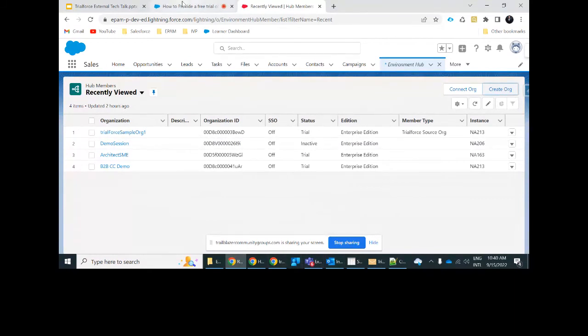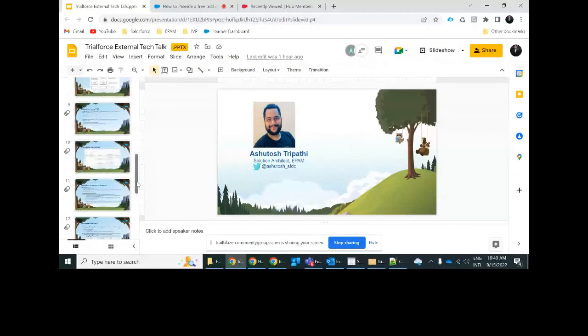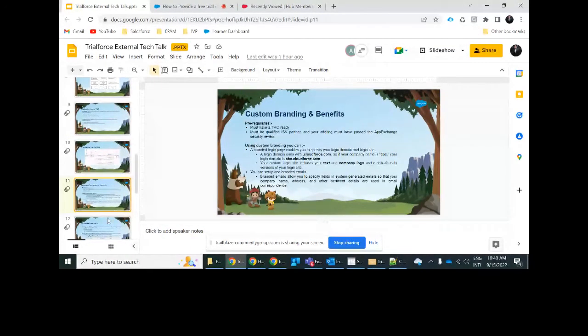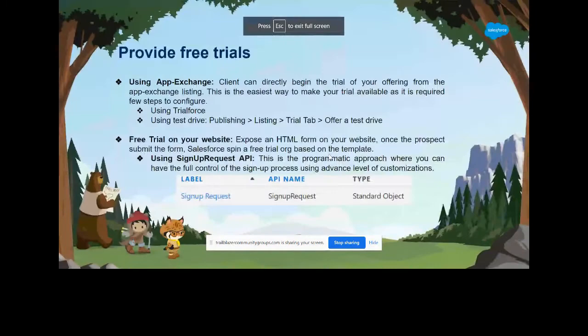Let me share that. Yeah, so if you see this screen, to offer a test drive, it is not available in any environment or something.